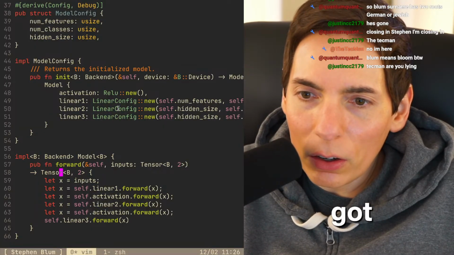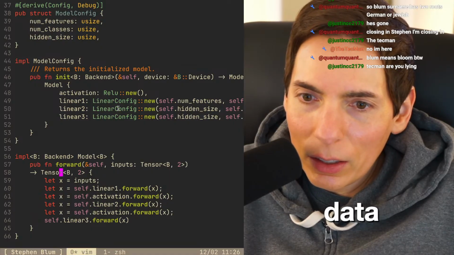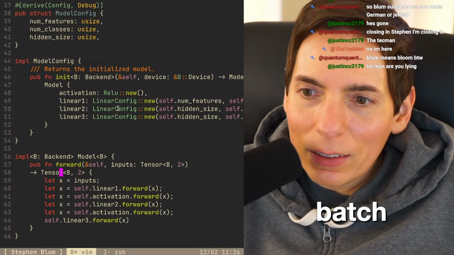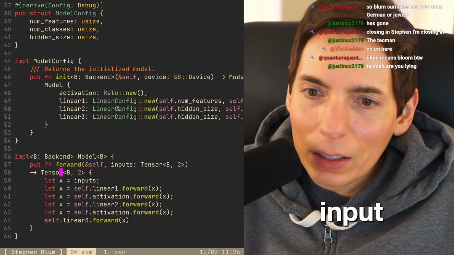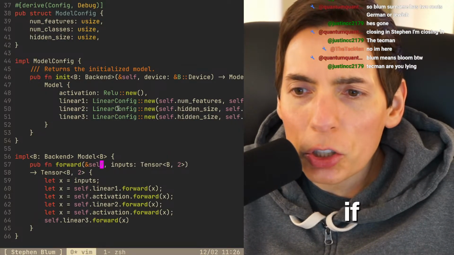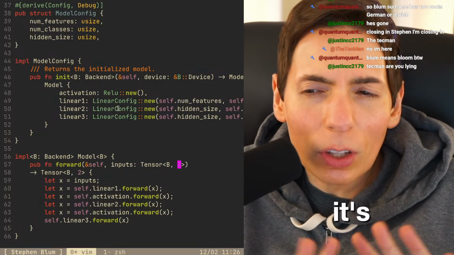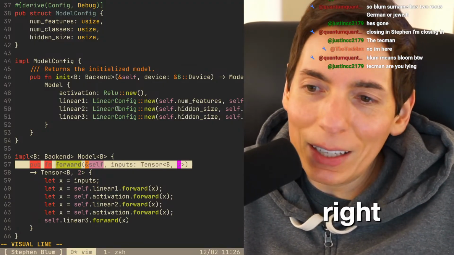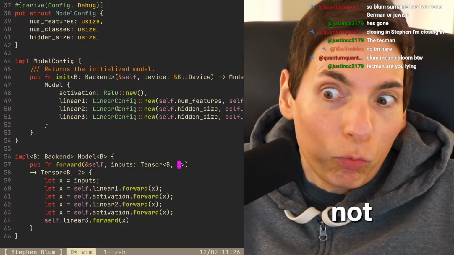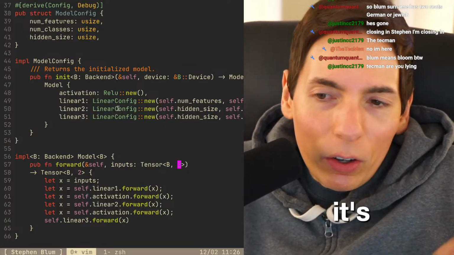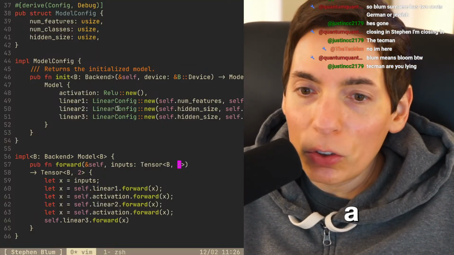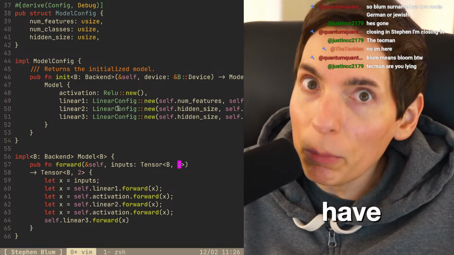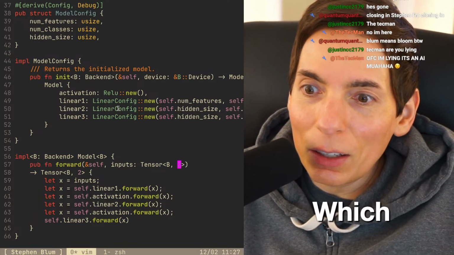All right, so we've got our input data. So it's a batch input. And then it will be... should this be... no, it's not, because it's not 3 dimensions. Okay. This is the number of dimensions. All right. I'm getting it now. It's weird to me. Like I feel it's a weird aversion. So this is a tensor with 2 dimensions because you could have a 3-dimensional tensor, which can get pretty advanced,